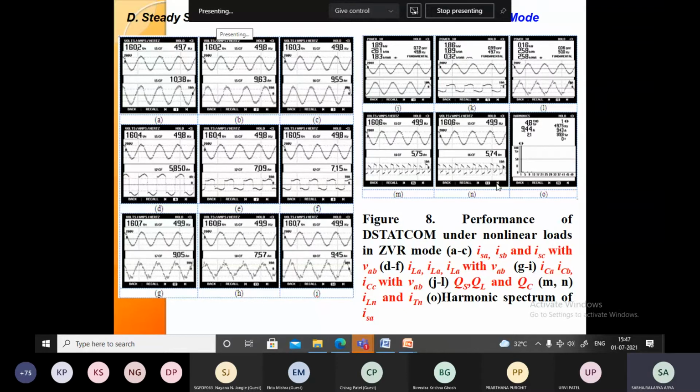Okay. So see here, the neutral wire current also you can see, supply power, load power, and capacitor power. The supply power, how much? Here the supply leading power factor you can observe. Load, how much? Load power factor is near 0.99. Capacitor power, how much? This one.